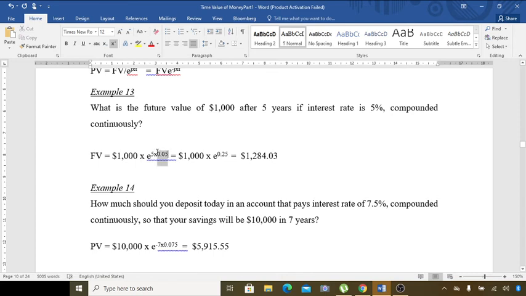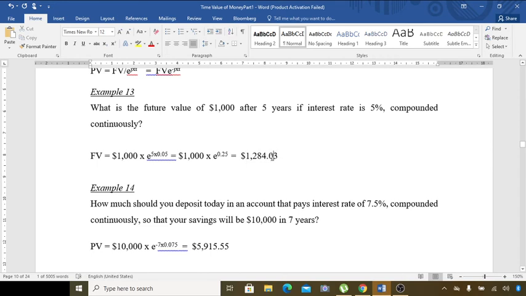So 5 times 0.05 is 0.25. In your calculator, you press 1000 multiplied by the e function. You can find it in the manual, or you can check YouTube on how to use a calculator. So e to the power of 0.25 multiplied by 1000 gives you